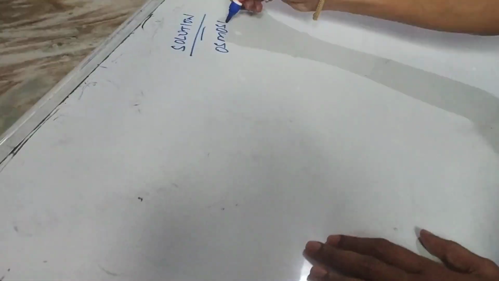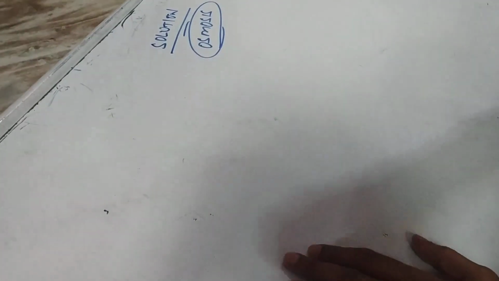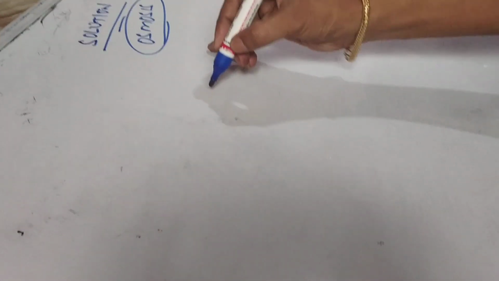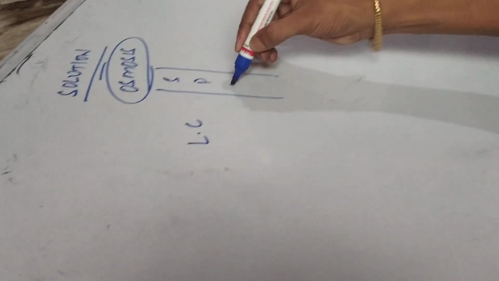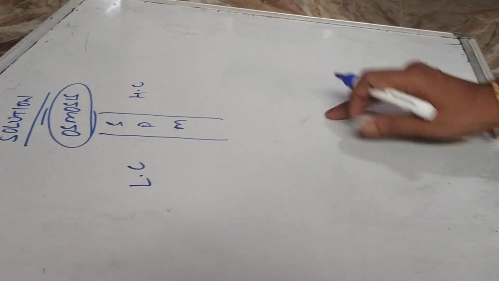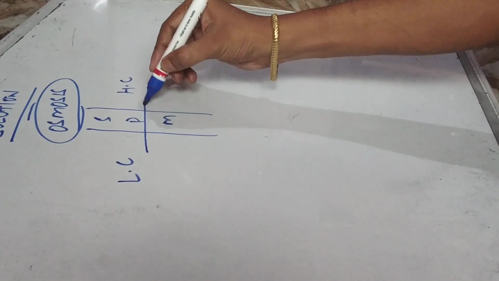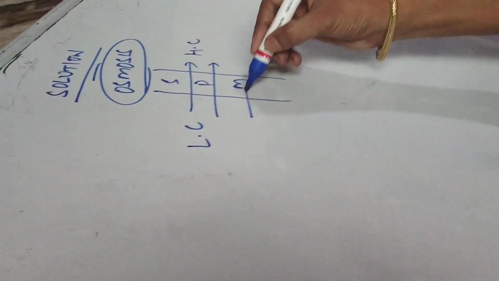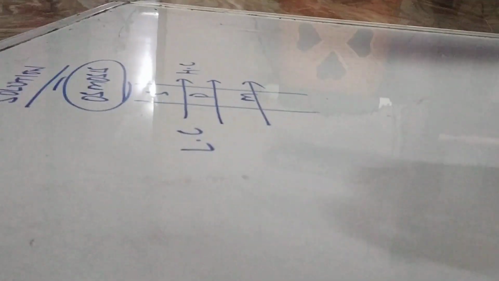Today I will go for the next part of the solution, that is osmosis. So what is the meaning of osmosis? Osmosis is a spontaneous process in which lower concentration solution moves to the higher concentration through an SPM. Here, if I am taking a lower concentration solution and putting an SPM, that is a semi-permeable membrane, and this side higher concentration is present, then what will happen? The lower concentration solution starts to move towards the higher concentration in a spontaneous process, and we can say this process is osmosis.